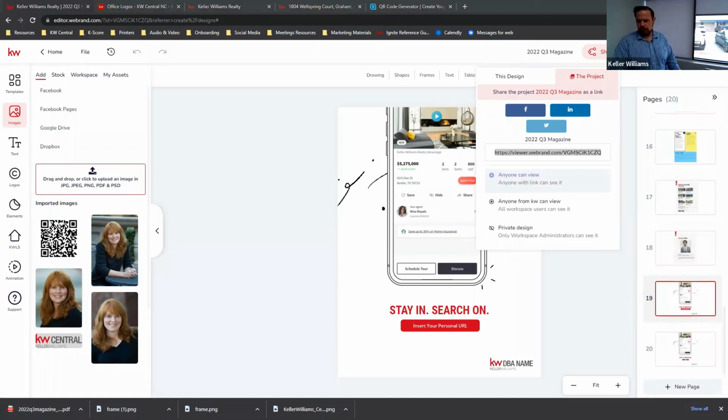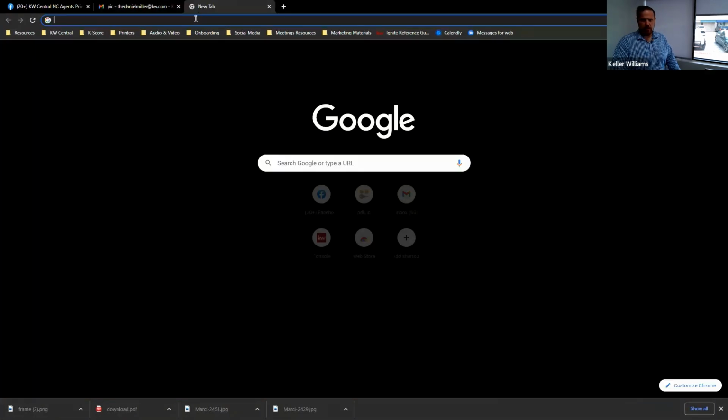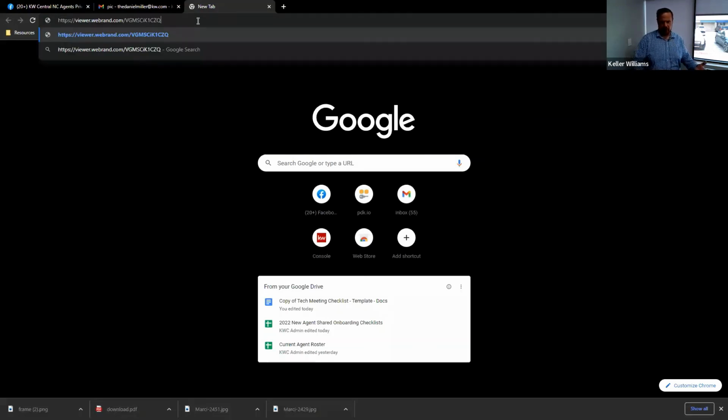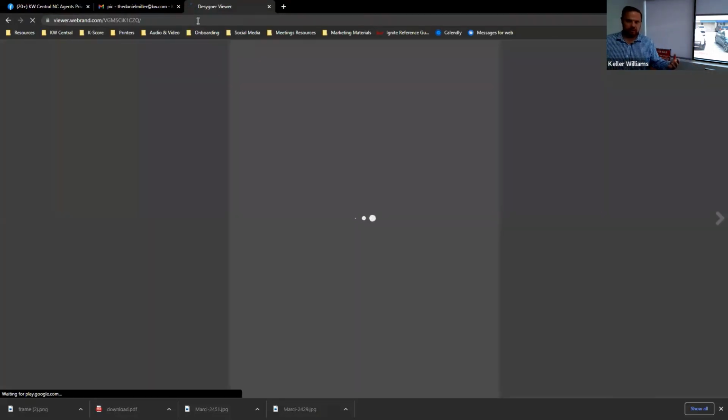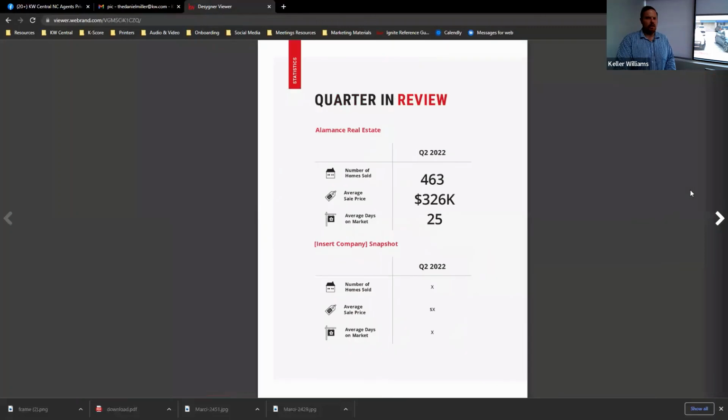Now I'm going to switch over because this one is signed in as me. So if I weren't signed in, being me, I shouldn't have access to this file unless it's saved somewhere else, like a third party. But there it is. There is the magazine. It's being hosted.